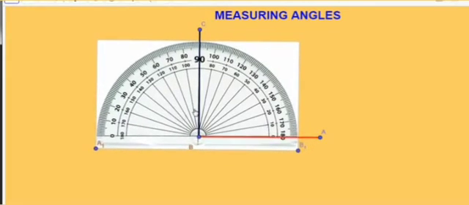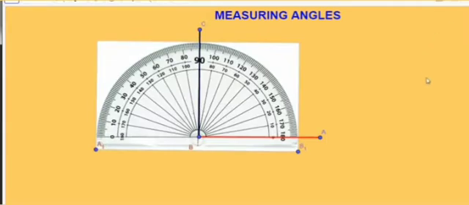Okay. Next, you can see two zeros are there. One is on the right side and one is on the left side. Always start the measurement along with the line segment BA. That is, the line is here on the right hand side. So always measure from that side. Okay, 0, 10, 20, 30, 40, 50, 60. Look at here. Now you can see the measurement of this angle ABC, the C is on 90 degree.